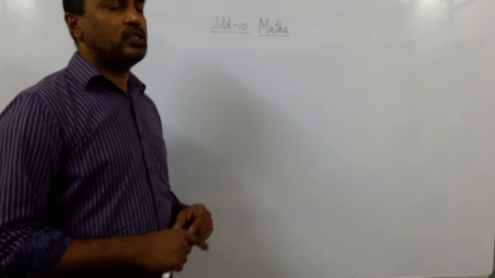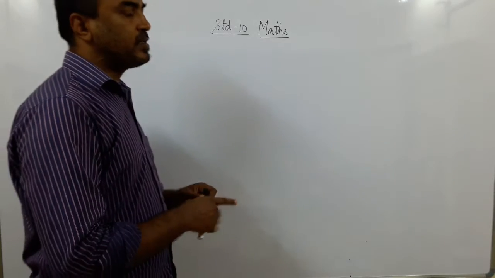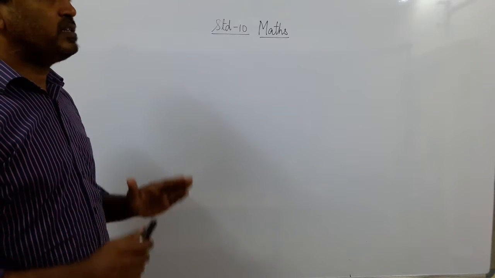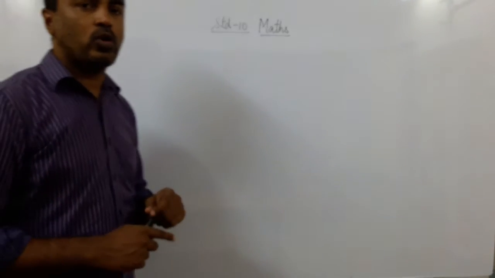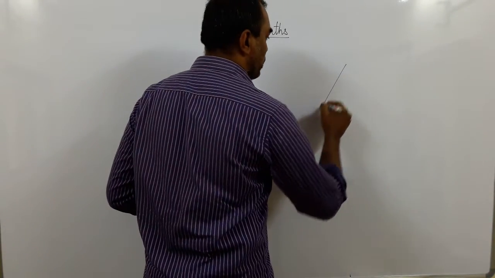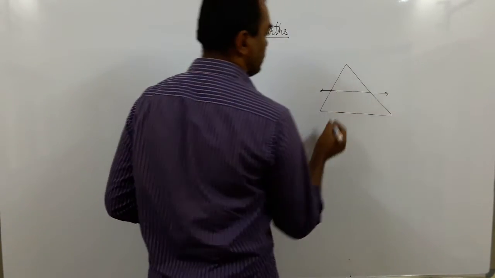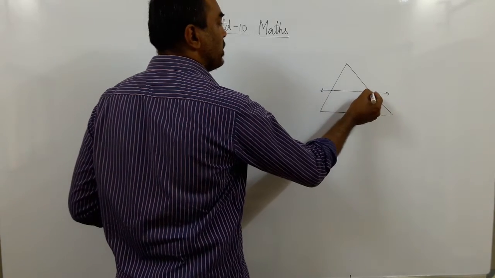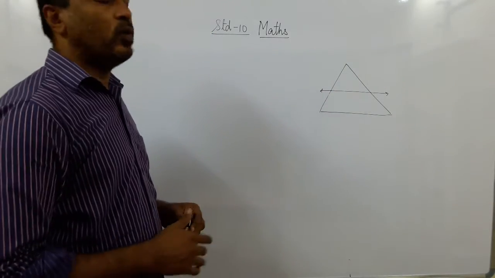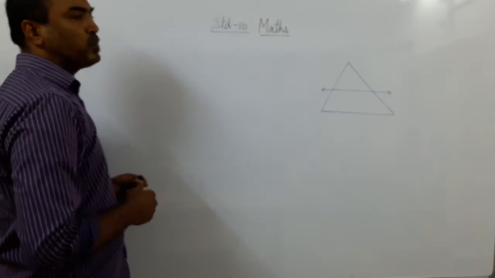And we did the theorems on similar triangles, again, the corresponding angles are equal and the corresponding sides are in the same proportion. The first thing we saw was the basic proportionality theorem. Remember, it is called the basic proportionality theorem. What is the theorem? If you recall, in a triangle, a line drawn parallel to one side intersects the other two sides in two distinct points. Then the line divides the two sides of the triangle in equal ratios. We call it the basic proportionality theorem.